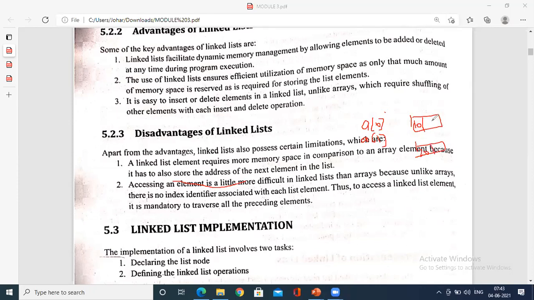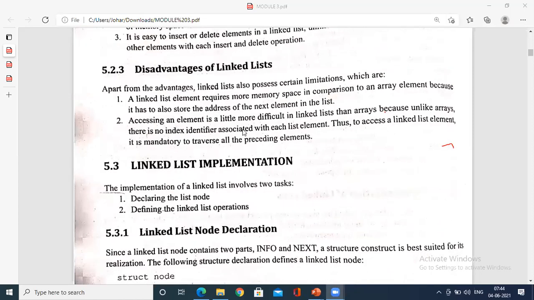But ultimately it will also store an address such as 1111, which is the address of this node, maybe the 20 itself is the address, and again 30, compared to null. So you have two compartments compared to the array. In that case, though you use dynamic memory management, the memory consumption compared to an array is more in the case of a linked list. That is what is being explained.